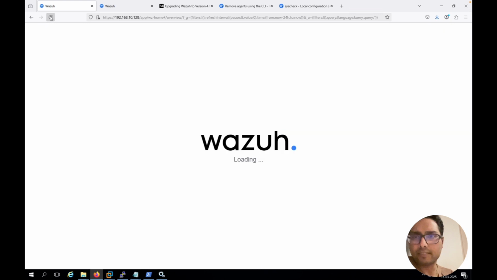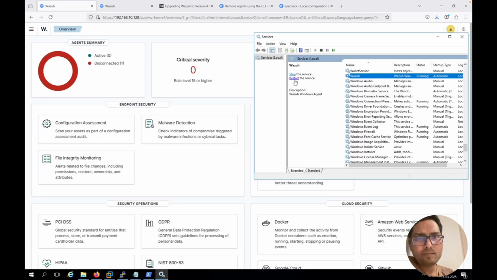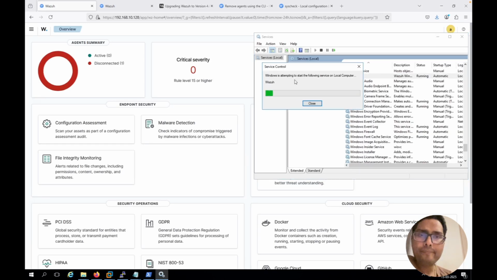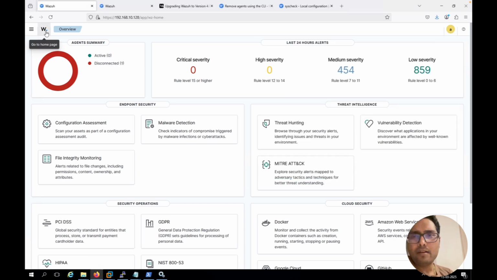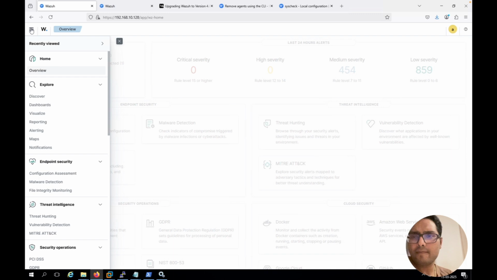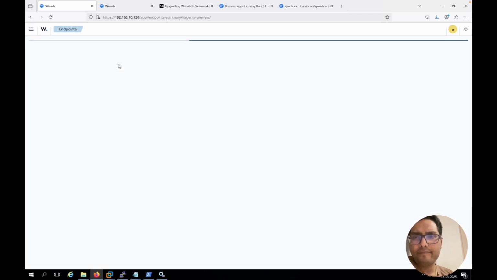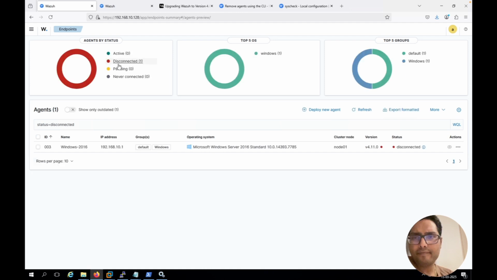I'm not sure why it is showing disconnected. Okay, to check why this is disconnected, first thing we will do, we'll restart the